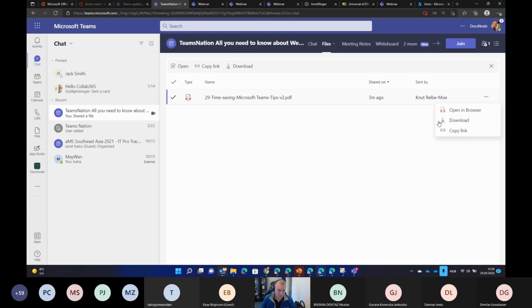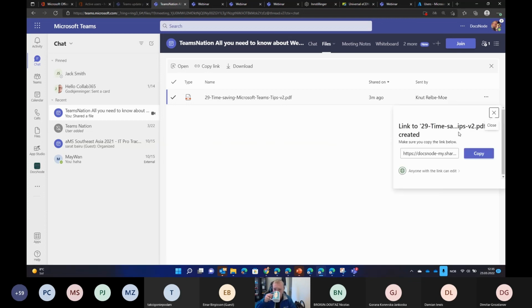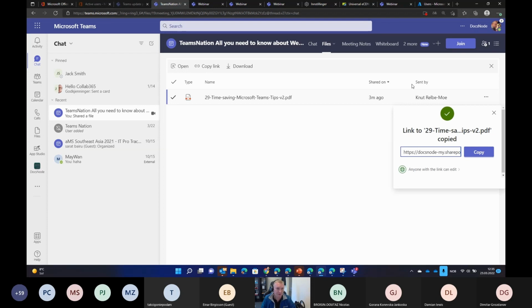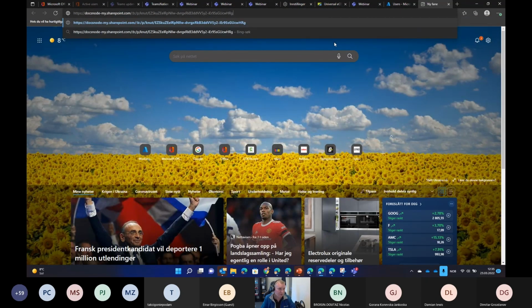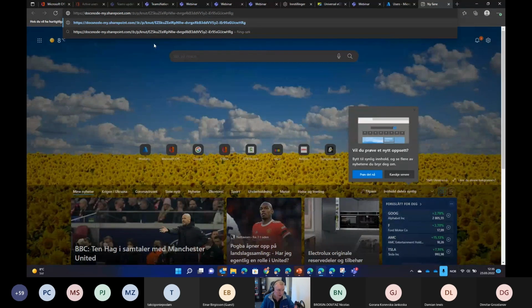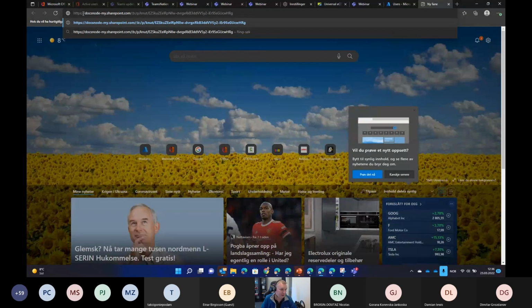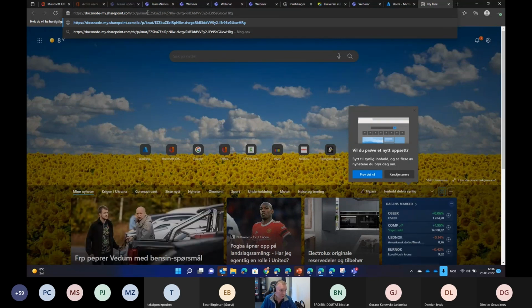So this one we can also go and copy the link to. And the reason why I do that is because you see default here, anyone with the link can edit. This is based on my settings in my environment. So this is something you need to configure as well, my default settings, because of course you don't want everybody to be able to do that. And you see that this is in my share, it's in my OneDrive folder. So if I will go here,